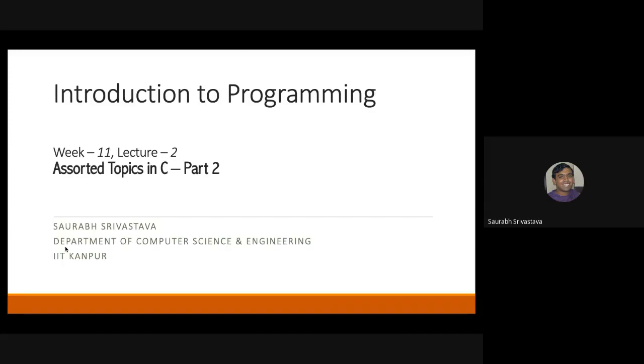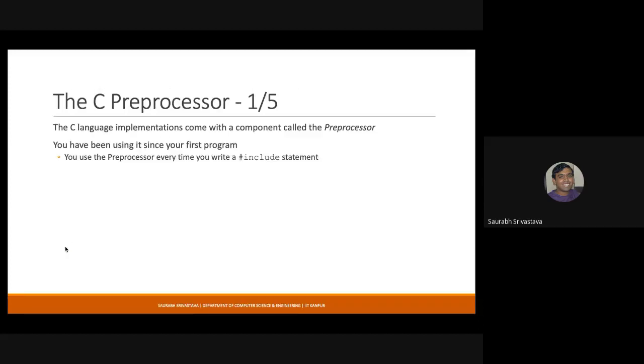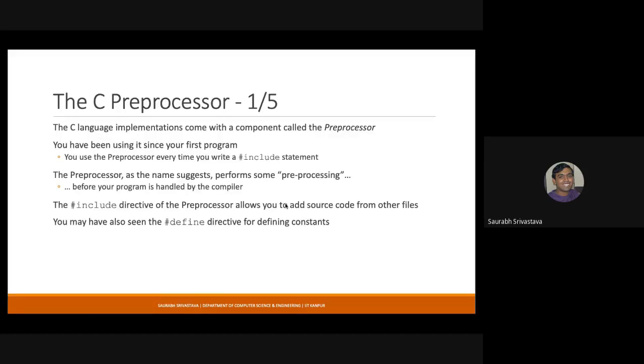Okay. So this is the last part, the preprocessor part. You have used this hash include in almost all your programs. This hash include statement is not really something that is processed by the compiler. There is an element within your compilation suite called the preprocessor, and these hash include and some other statements are actually processed by the preprocessor. What the preprocessor does is replace the code with some other code. So your compiler never actually sees hash include. It sees some other code which has been replaced by the preprocessor. This is the overall idea of a preprocessor.